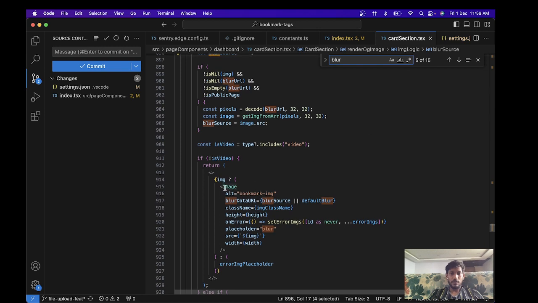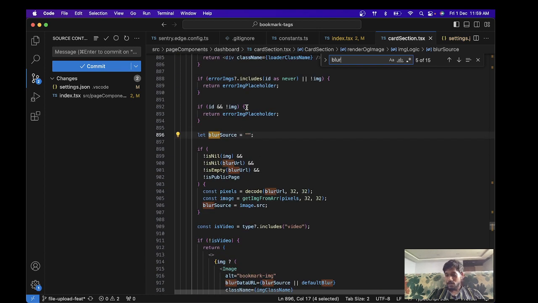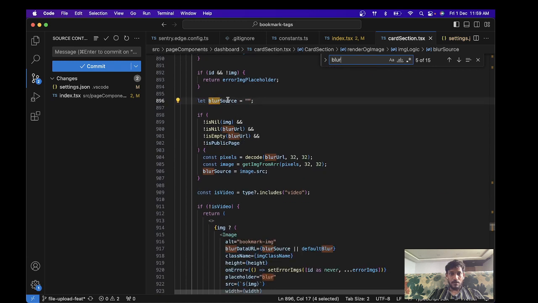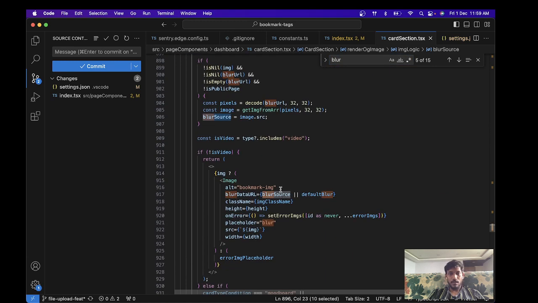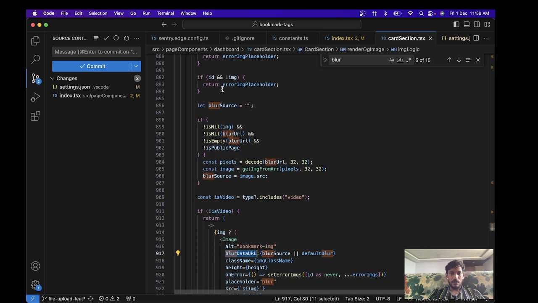Inside my next image component, I have the blur source that I'm sending as blur data URL, and this blur URL is what comes from the backend, whatever blur hash has been generated